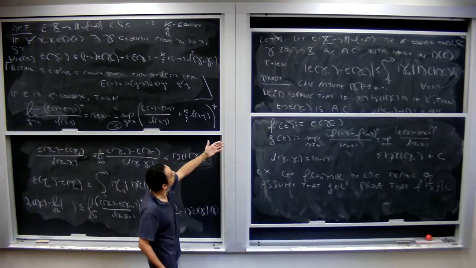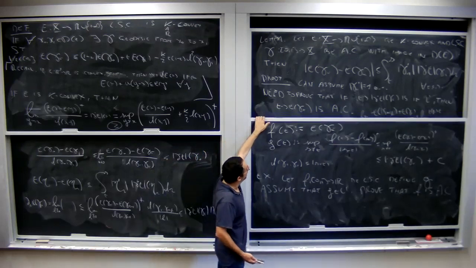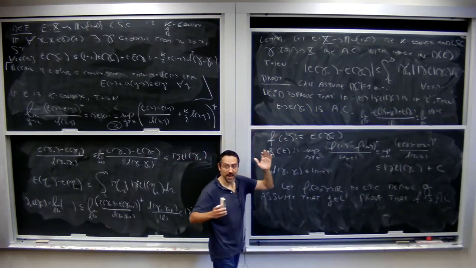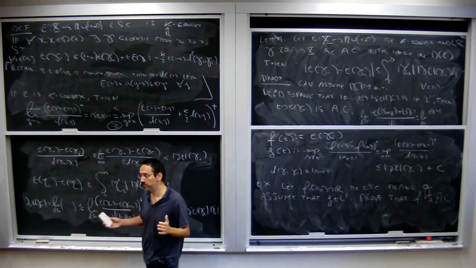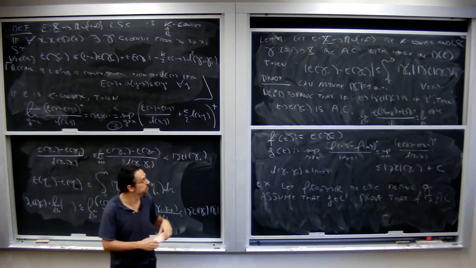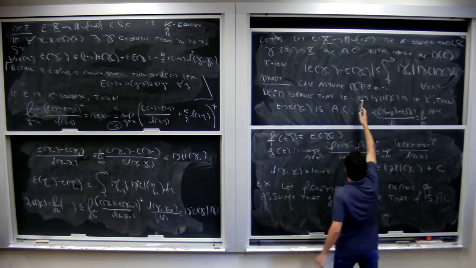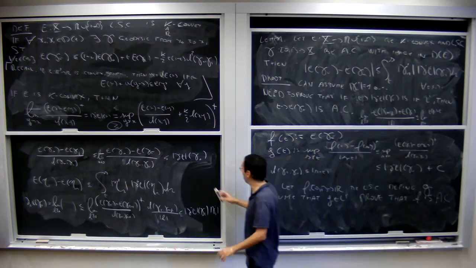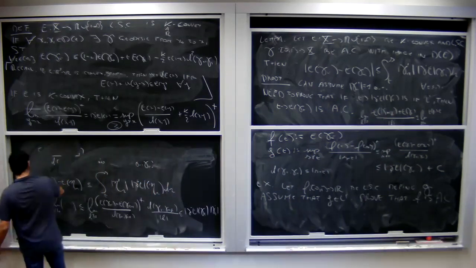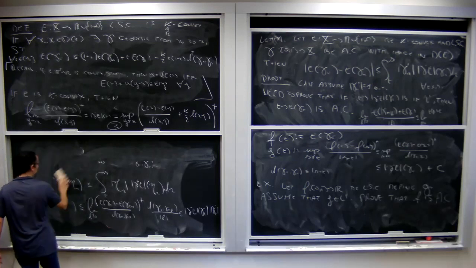So in some sense, the conclusion of our lemma holds. So this means that in the case of convex functions or k-convex functions, we really have this bound. We really can bound the difference of energy with that integral. Okay. So we can define